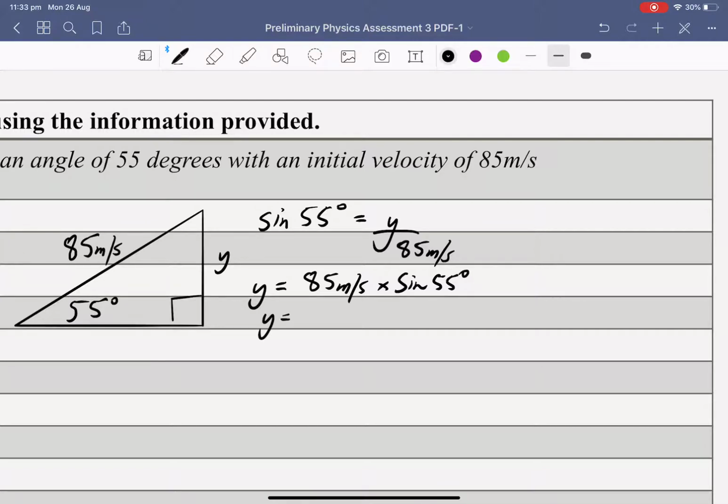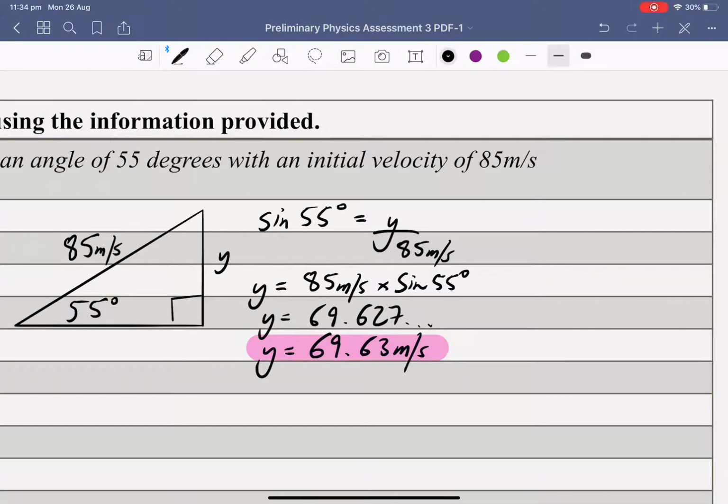Putting that in our calculator, 85 times sine 55 equals 69.627, and so on. Rounding this to 2 decimal places, it's going to be 69.63 meters per second. Perfect. Now that we've done that, we can calculate the horizontal velocity, and that's using the same method,